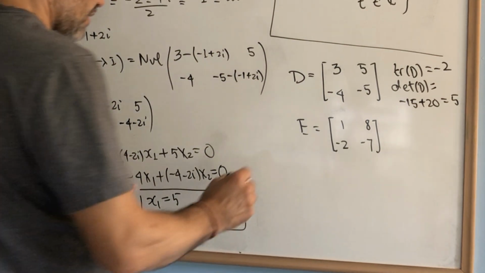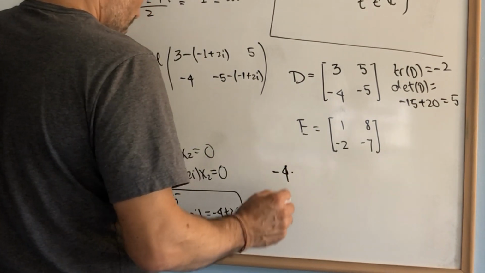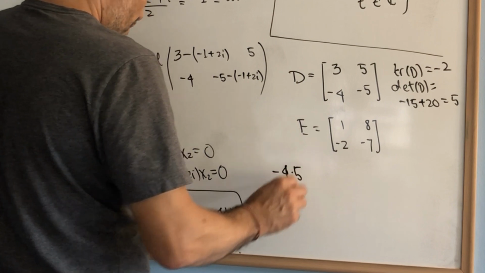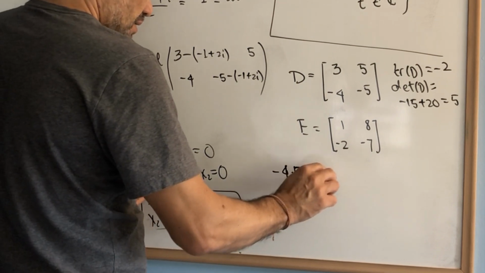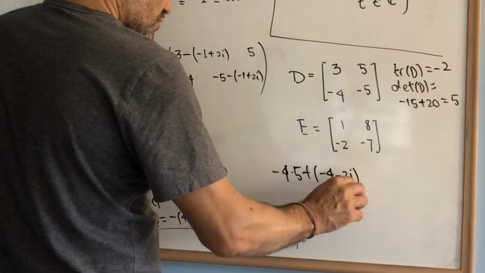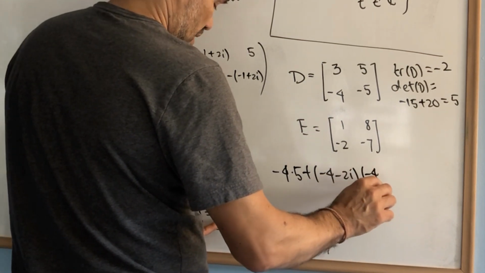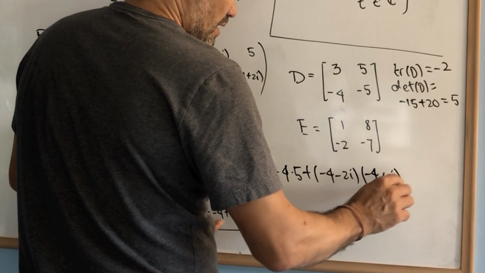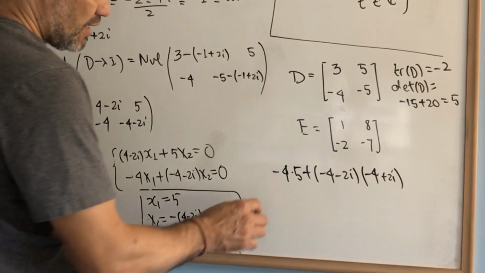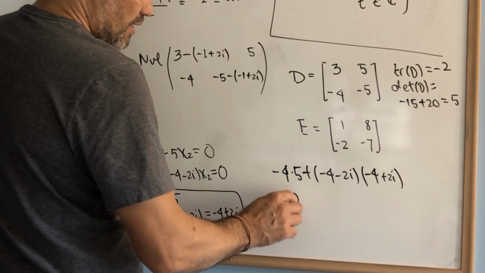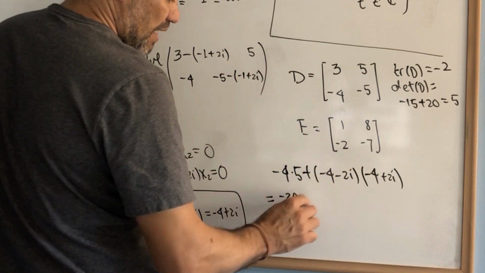We have -4 times 5, right? Plus -4 minus 2i times x2, which is -4 plus 2i. Is this equal to 0? Let's check. This is equal to -20. Here is plus 16